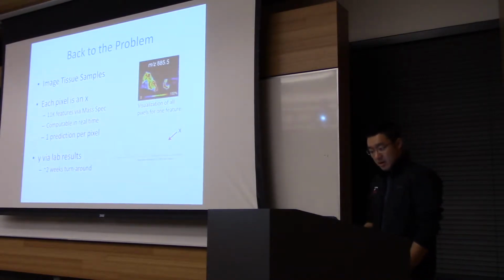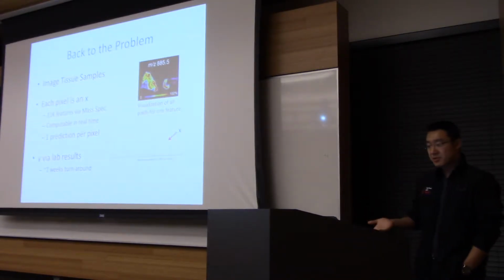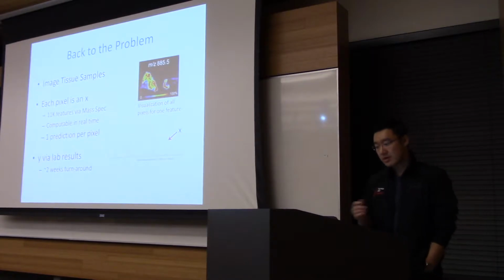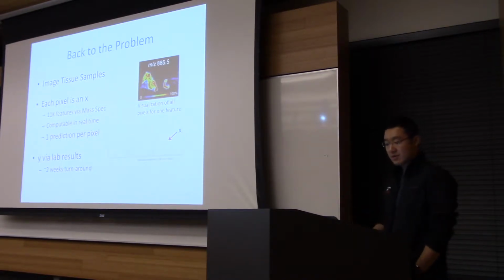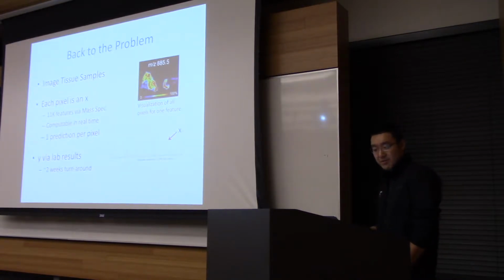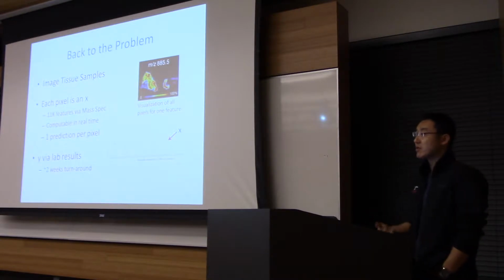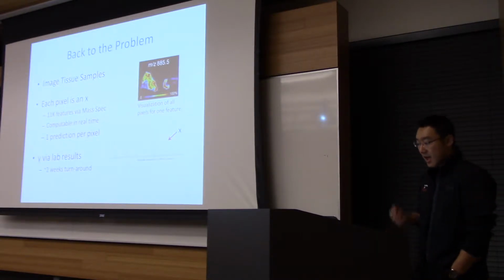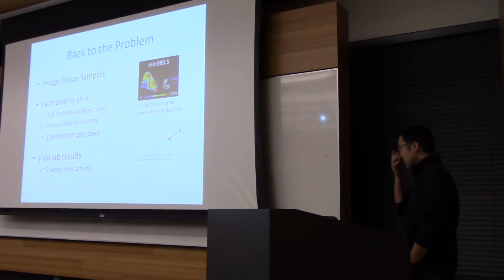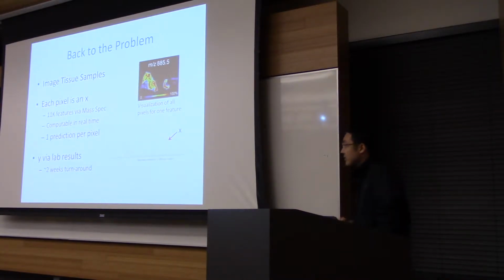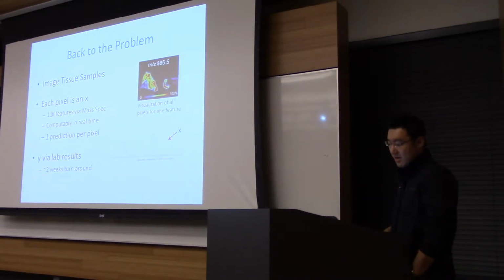Okay. So let's go back to the problem. So we're going to image the tissue samples. Each pixel in this image gives us a feature vector that is 11,000 features generated from mass spectrometry. This is computable in real time. And we're going to make one prediction, one multi-class prediction per pixel, right? And the way we collect ground truth in this case is, we can actually collect a data set where we can get more or less perfect results by putting it through